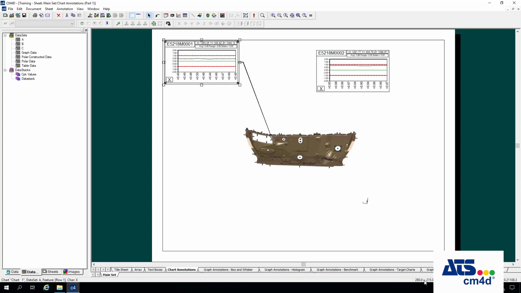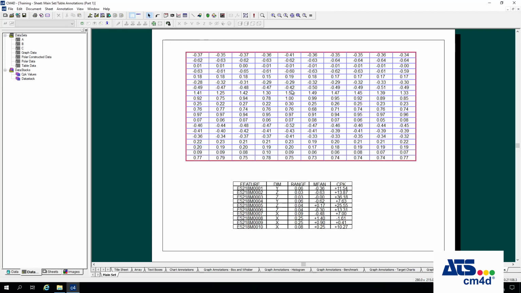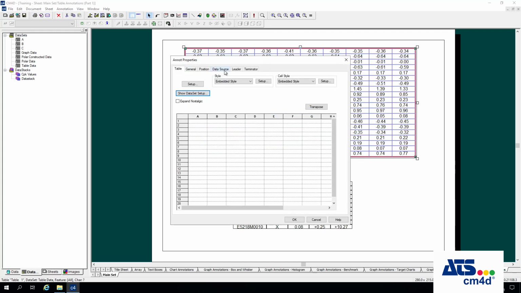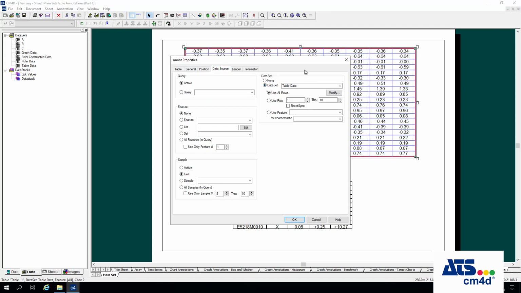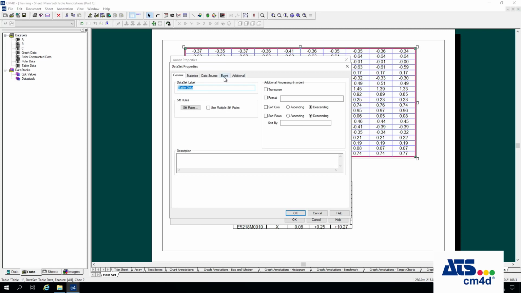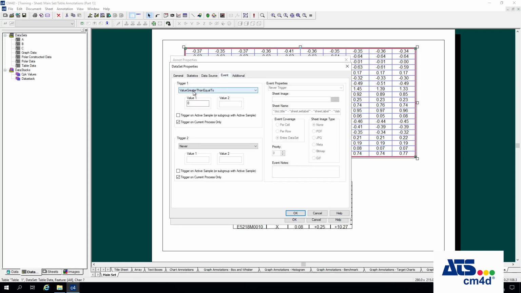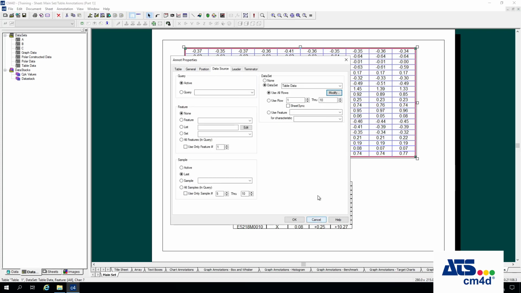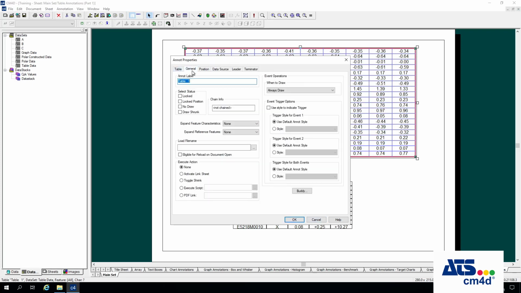Also to tables, if we go to table annotations, where we had a table like this that was displaying the contents of a data set, I believe this table was looking at this table data set. So if I go into this by clicking modify, I'm going to go to the event of that data set. I have here value greater than or equal to 0. So I was using a different method, but if I kept this and go back to the general tab for this table, I can still use this